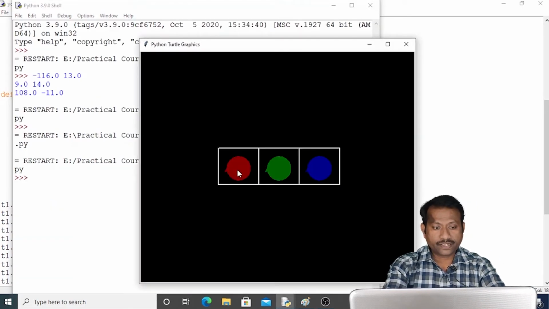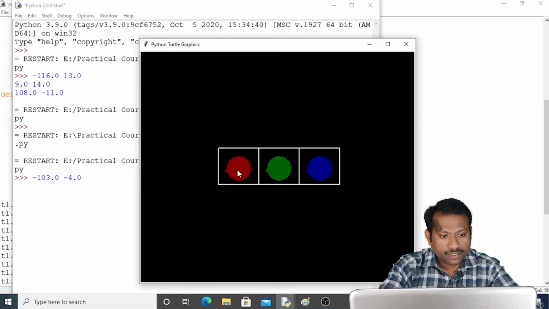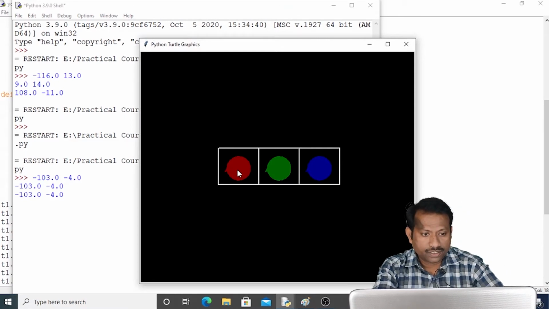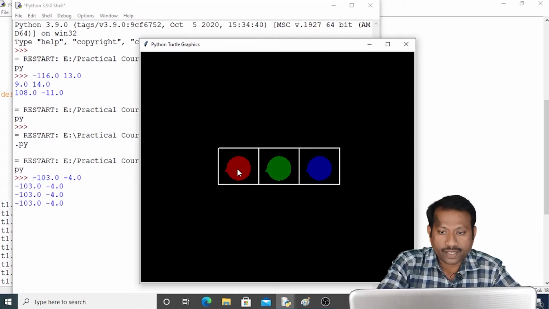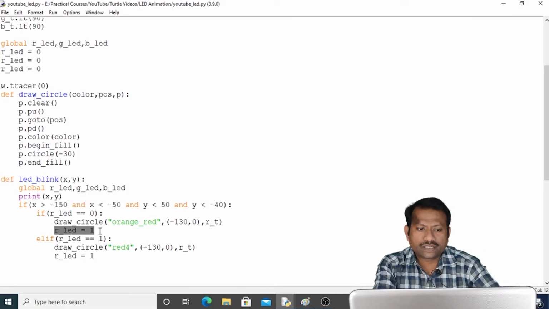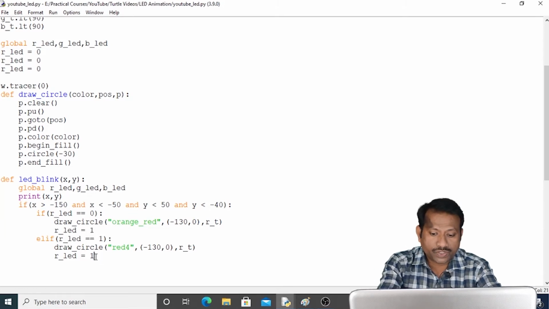Now if I click here, it is giving us the coordinates, but the colors are not changing. Why? Let me check it. Why is it not drawing that circle? Here we made a mistake: the red LED variable we made 1. Here we have to change it to 0.